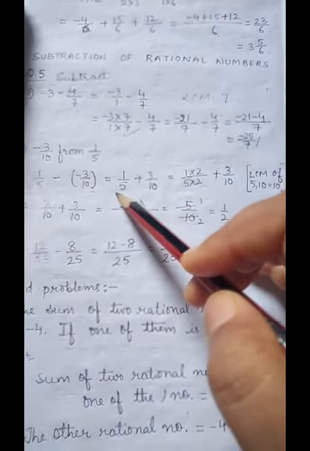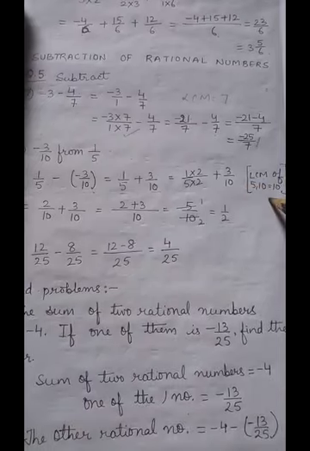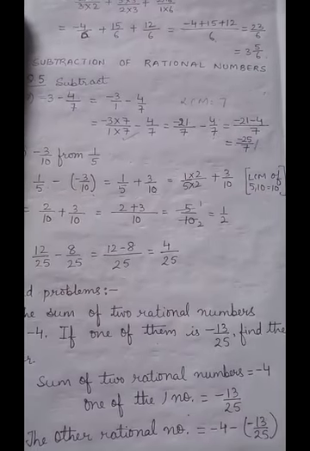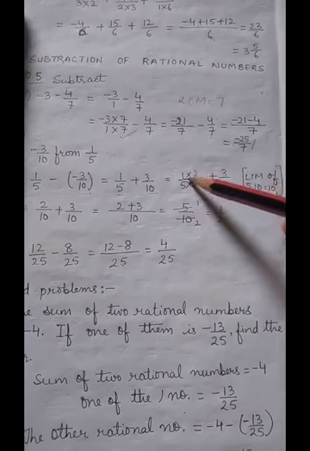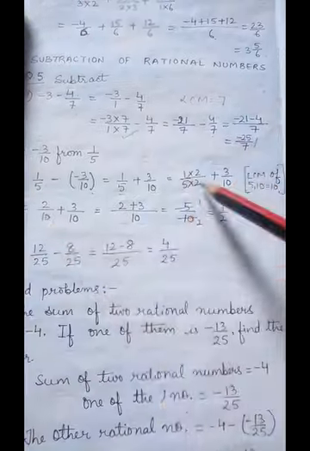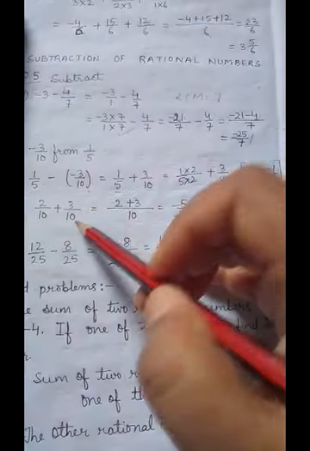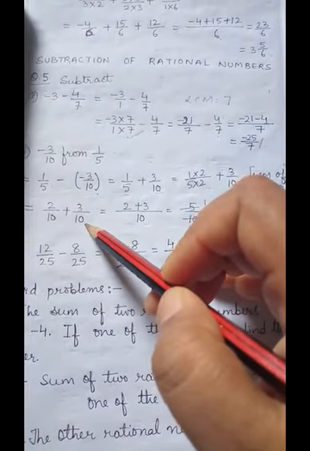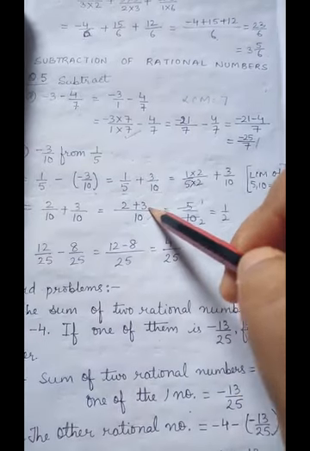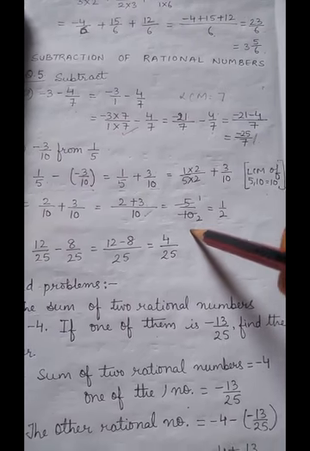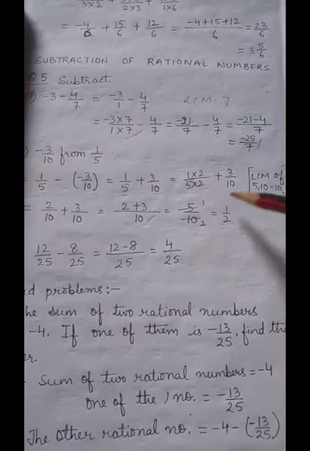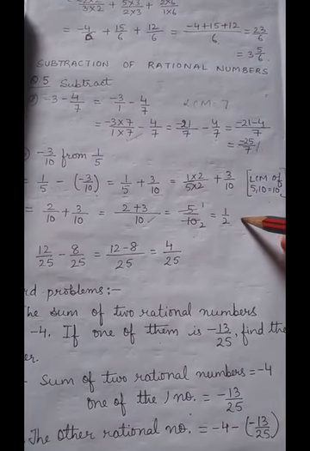Now when you take LCM of 5 and 10, you will get 10. Now we have to make the denominators equal. So we will multiply this by 2. 1 into 2, 2, 5 2s are 10. And this is already 10, so we are not supposed to multiply anything. Keeping the denominator same, we will add the numerators, that is 5 upon 10. So 5 upon 10 is not in the lowest term. We will divide by 5, we will get half as your answer.